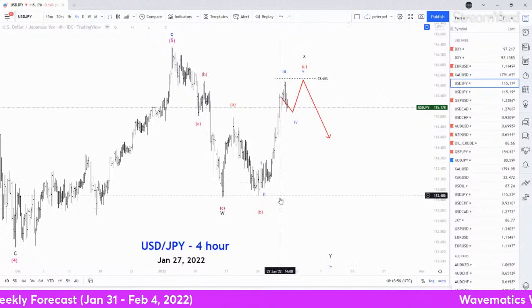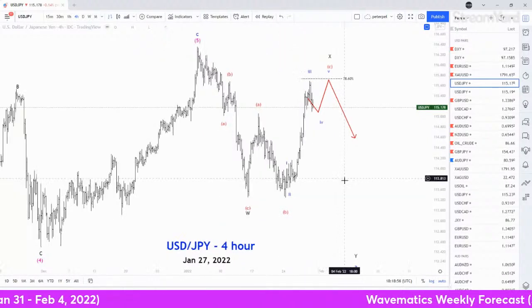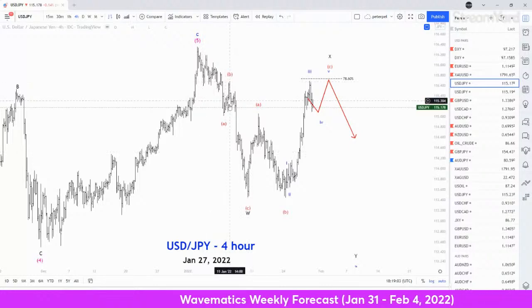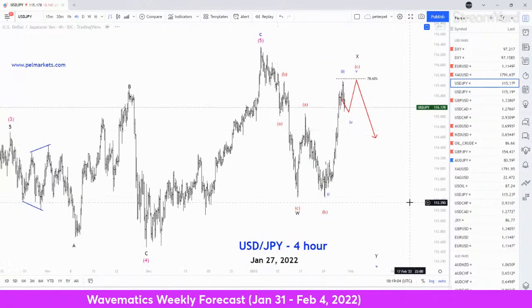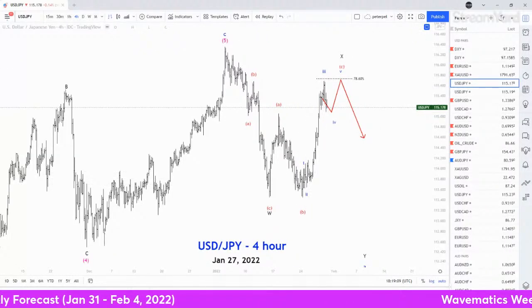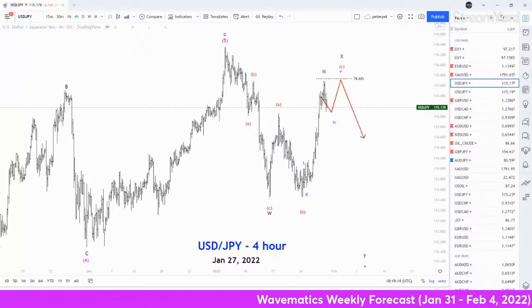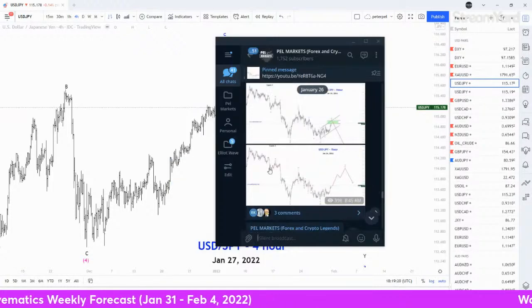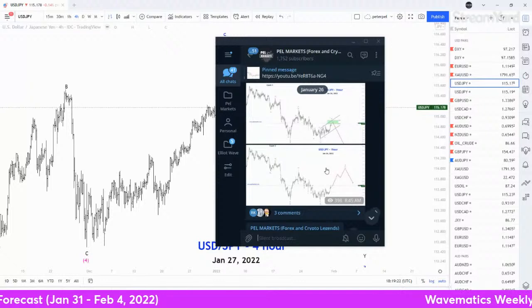In USD Japanese yen, now I'm looking at two scenarios. When we had this 5 wave move to the upside, we are anticipating a move to the downside in this particular scenario. If you check the Telegram channel, I shared two particular counts in the course of the week. This was count 1 and 2, where